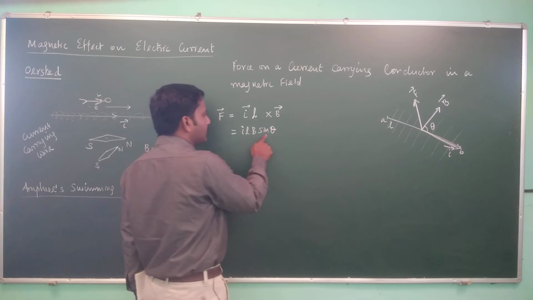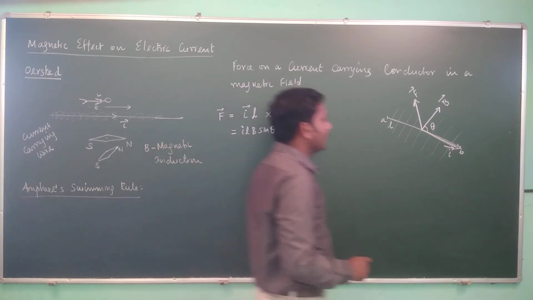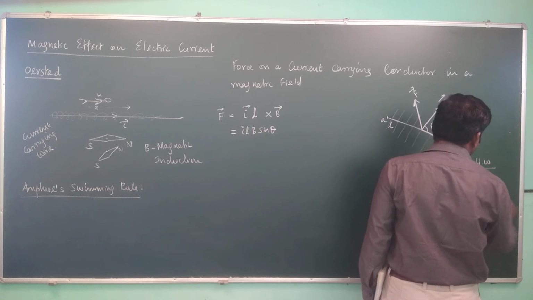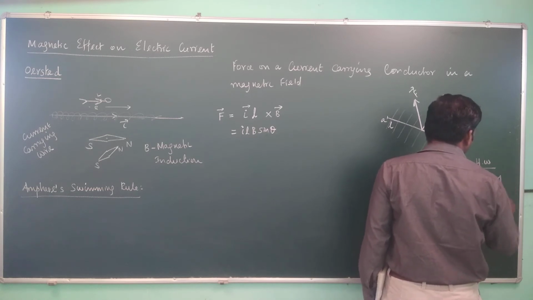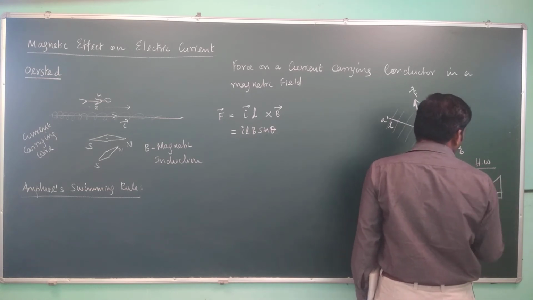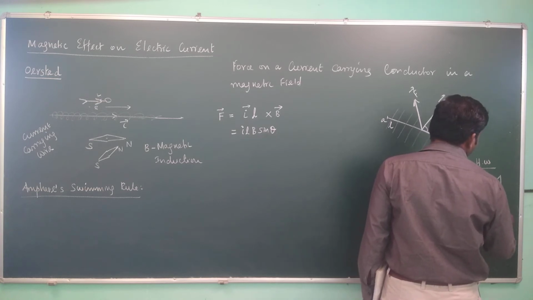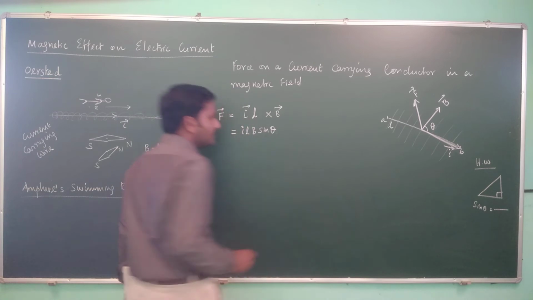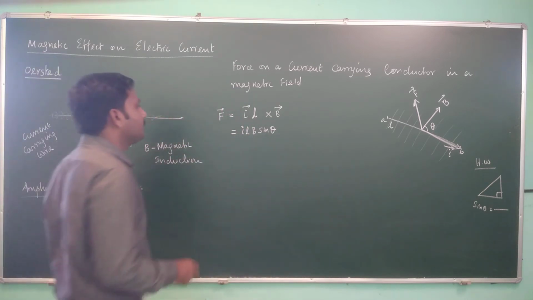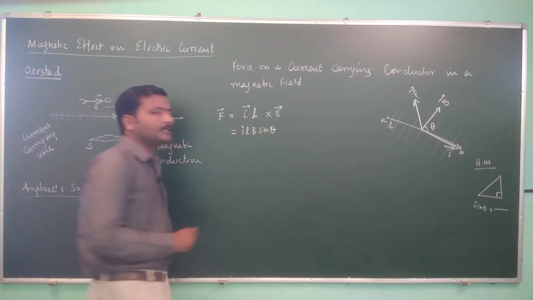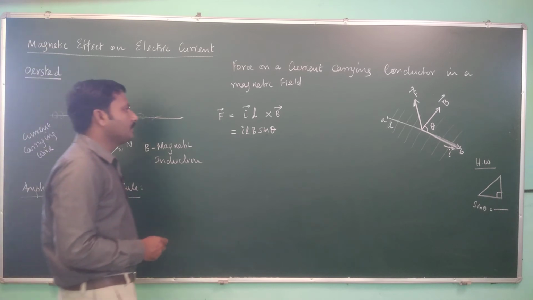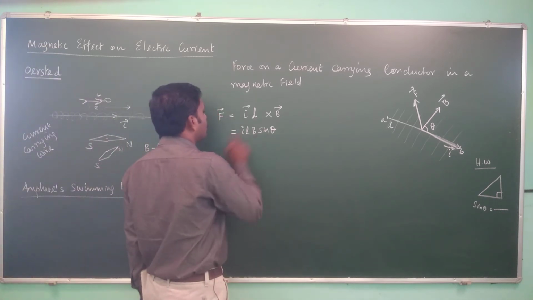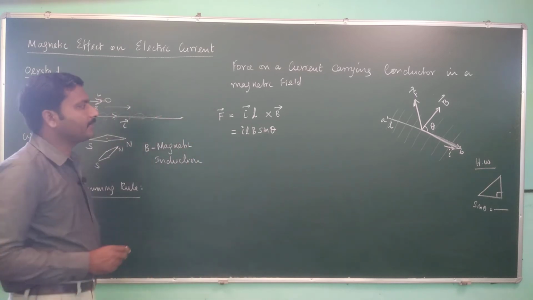In order to get sin theta, I give you a homework. Apply the trigonometric concept. That is, consider a right triangle, and write an equation for sin theta. You recollect what the formula for sin theta is, and apply it here. If not, then we will discuss in the next class, if you couldn't recollect the idea behind that. Anyway, you can replace the cross product with sin theta.